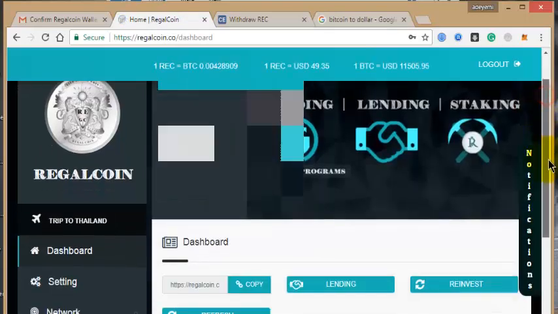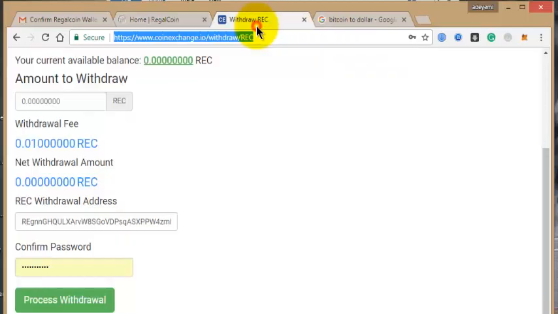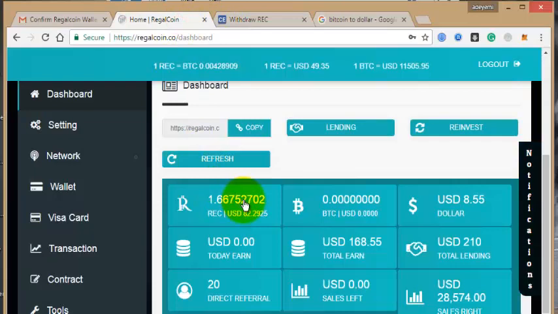Once you transfer your Rega coin from here, you see your balance here, then you go to lend, you lend it. Once you lend it, you won't see anything here again. You'll be seeing it here, total lending. That is the total lending that you invest. Okay, so once you see that,